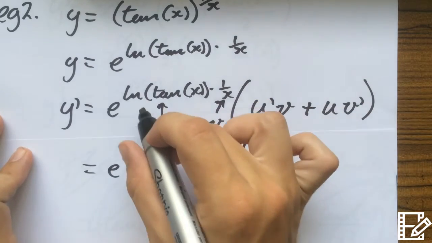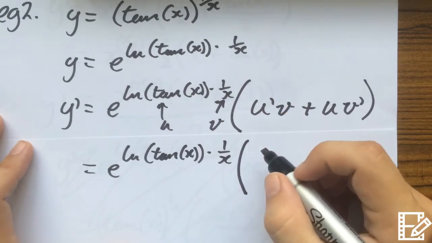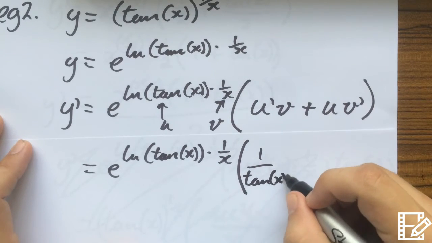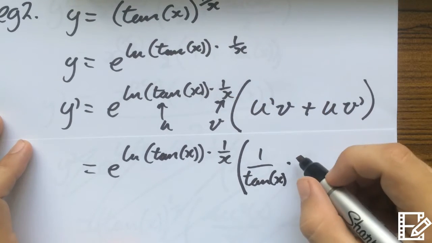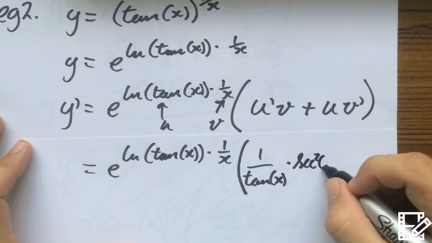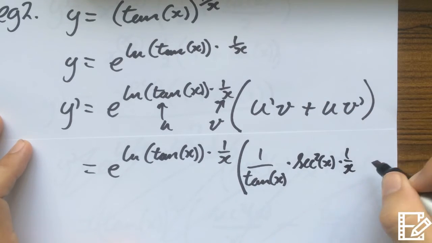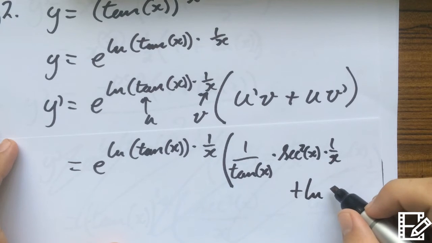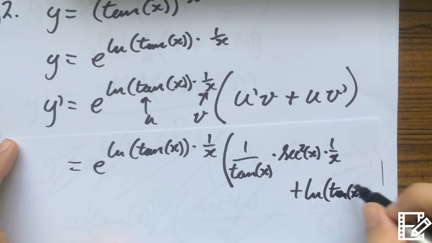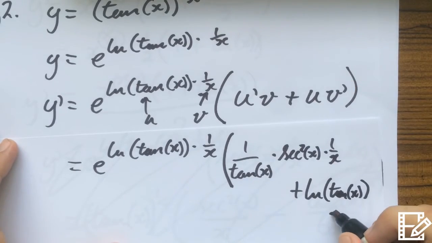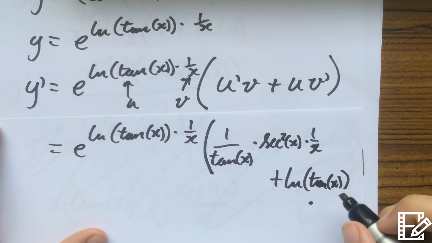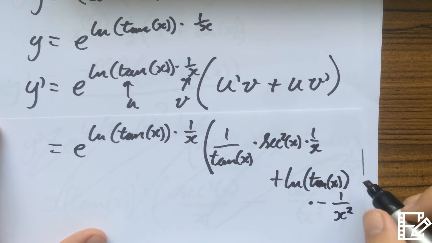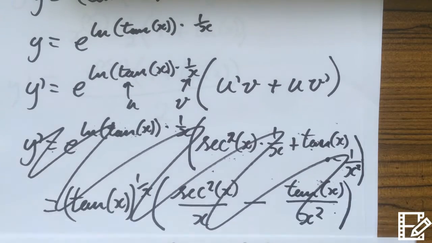the u dash, that's a chain rule up here. So we have the derivative of the first part, the outside, which is 1 over tan x multiplied by the derivative of the inside, which would be secant squared of x, multiplied then by the 1 over x. Then we would be adding that to u, which is ln tan x. Then we'd be multiplying that by the derivative. This is getting a bit squished. The derivative of 1 over x, which is negative 1 over x squared. Okay, now that we've fixed that up,